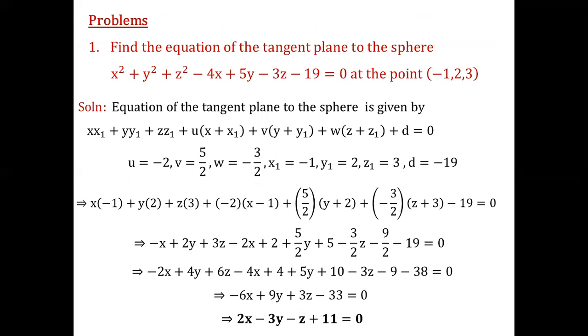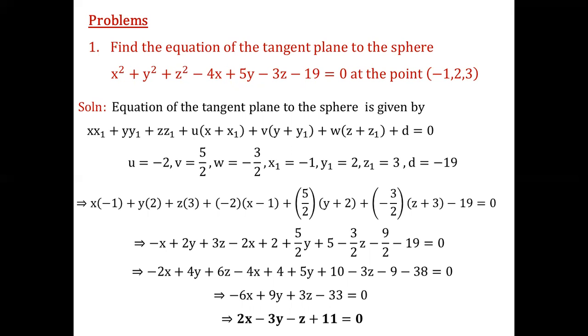So here the equation of a sphere is given, and the point x1, y1, z1 is given. From the equation of the sphere, you can find the values of u, v, w and d, and x1, y1, z1 is given. The equation of the tangent plane to the sphere is given by xx1 plus yy1 plus zz1 plus u times (x plus x1) plus v into (y plus y1) plus w into (z plus z1) plus d